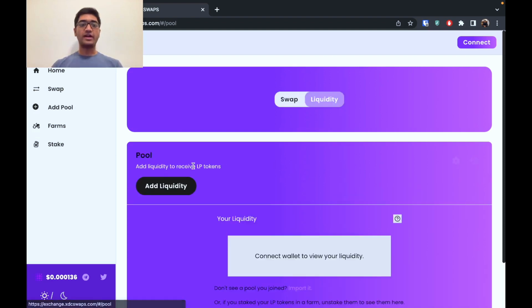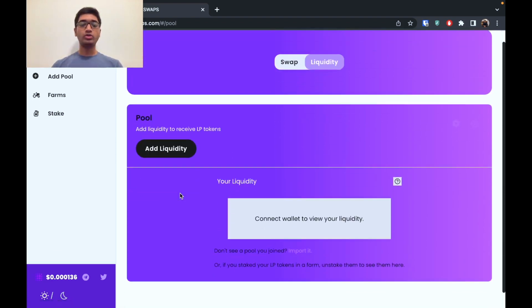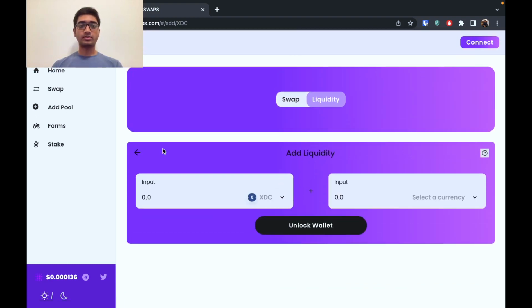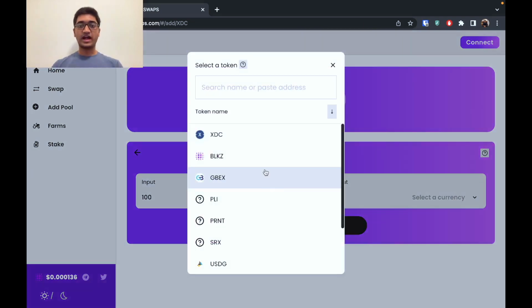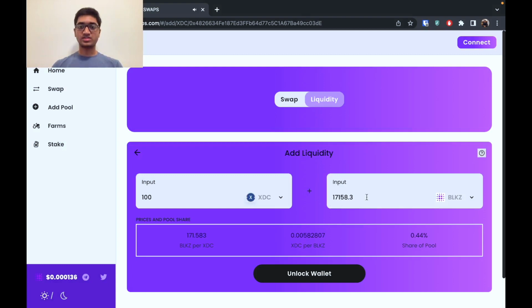Another option is to add pool. This allows us to create our own liquidity pool by clicking on this add liquidity button. And this add liquidity allows us to add, let's say, 100 XDC, and we can add, let's say, this much amount. So what it tells us is, in order to maintain the rate of the XDC and BLKZ pool, you would have to add this much.